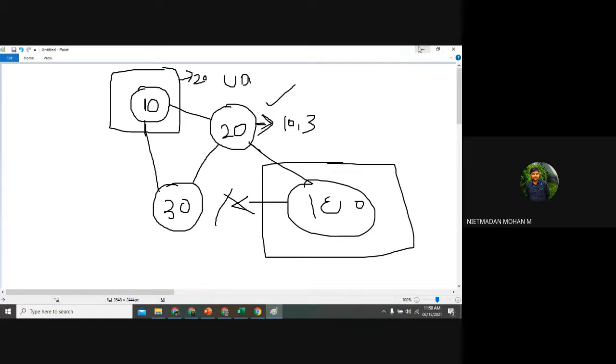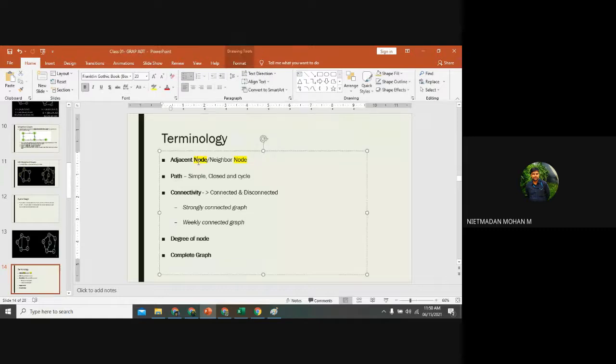When you are designing a graph, first you need to mention the adjacent nodes. For each and every node, you need to find out the adjacent nodes. That is the first thing you need to remember. Actually, not nodes, but vertices. So adjacent vertices, which you need to register in your graph. That is the first step.